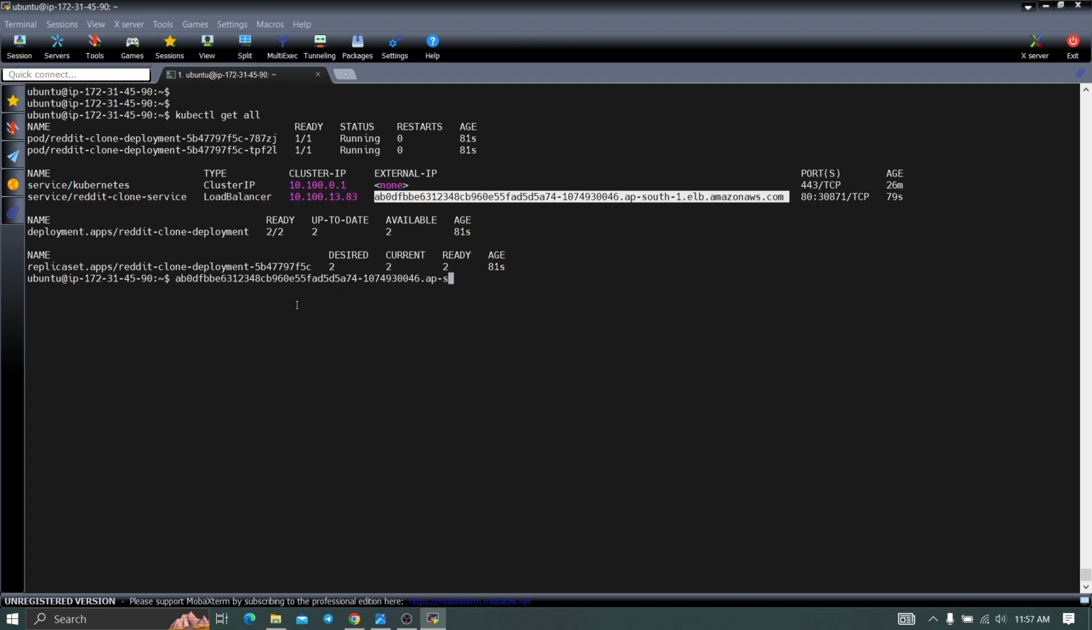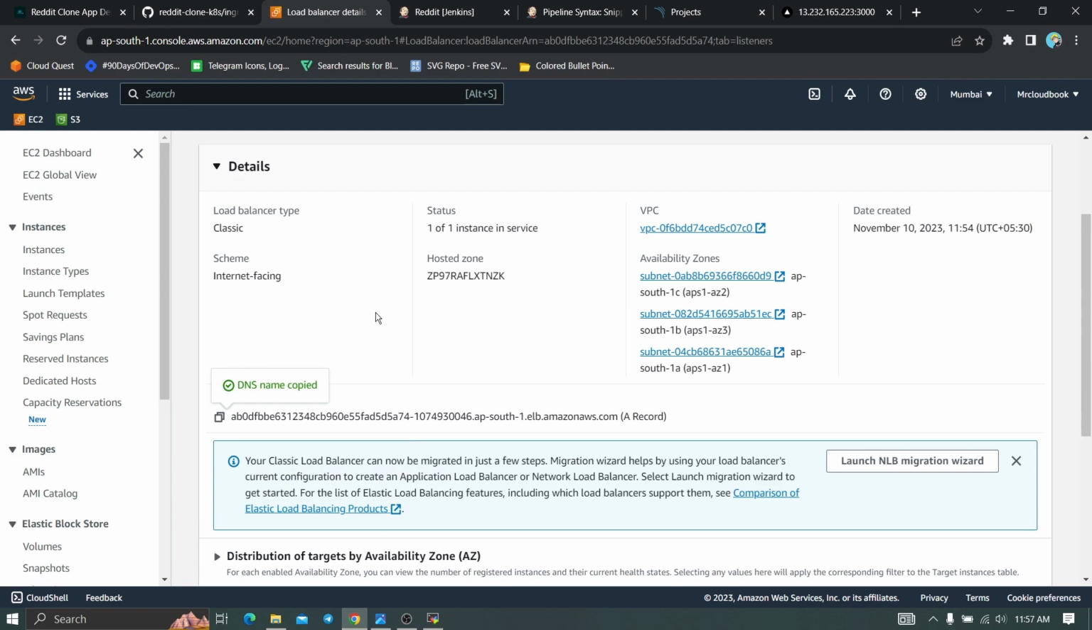So it's created a load balancer in our AWS console. Let's add this particular IP address in our security group for our node group. So 30871, let's copy this one. This is the port you need to open for your cluster node. So come back here